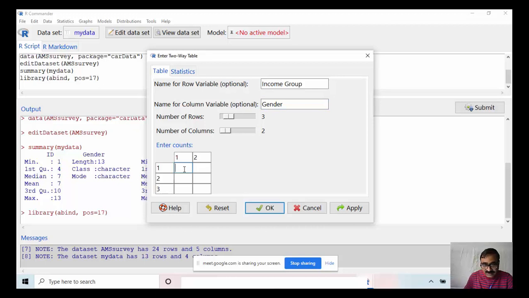So I enter the values directly: 42, 23, 12, 56, 24, 31. So these are the values I already have from a secondary data. So just click OK.